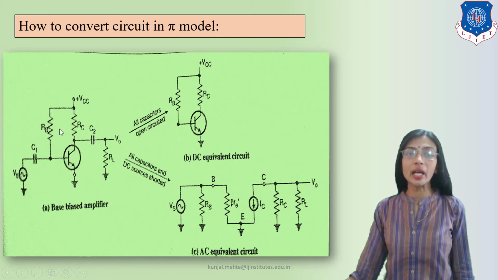Look, this is the diagram of the most important base biased amplifier. This is the symbol of BJT, bipolar junction transistor. This is the arrow, meaning the emitter terminal. It is grounded. This shows that it is a common emitter amplifier. How is this circuit an amplifier? We can understand that here I have not connected the direct biasing, I have input.